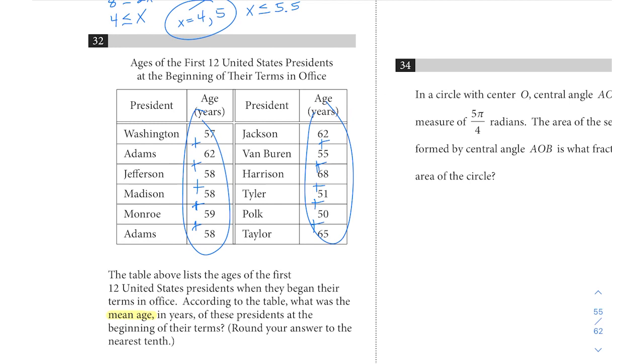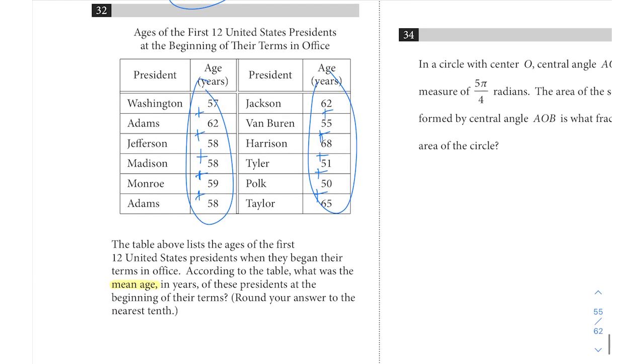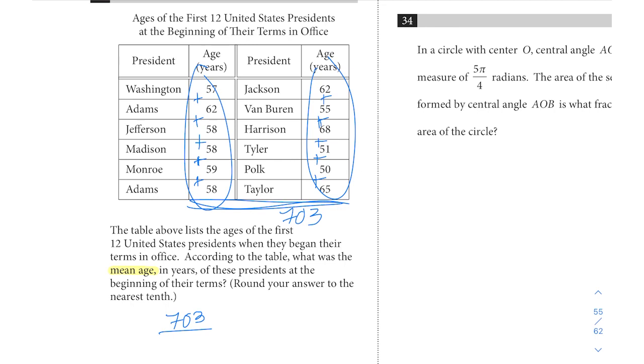57 plus 62 plus 58 plus another 58 plus 59 plus 58 plus 62 plus 55 plus 68 plus 51 plus 50 plus 65. So that total altogether for all those ages is 703. Since it is our sum of terms divided by our number of terms, we could count them off: 1, 2, 3, 4, 5, 6, 7, 8, 9, 10, 11, 12. But generally speaking, the SAT will give you that number of terms somewhere in the text description of the scenario. In this case, they tell us it's 12, so we don't even have to worry about counting it. We can use that: 703 divided by 12 will give us